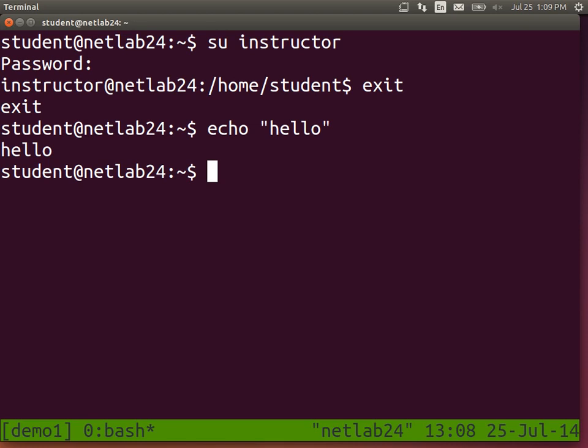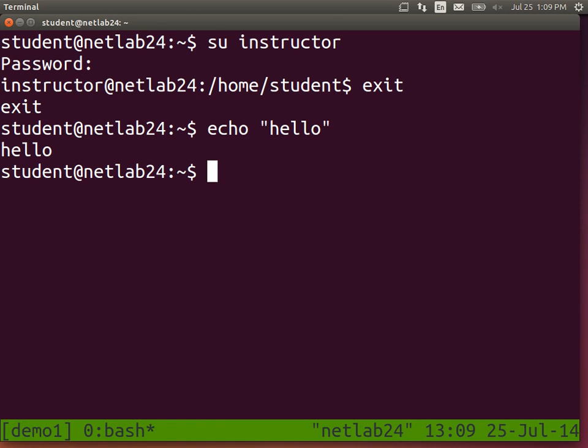Now, the shell is like a language. It's almost like a programming language. We'll see some constructs later, but we can have variables. Think of them as environment variables. In Windows, you may have set the path. The path is an environment variable. We can do the same thing in Linux and other Unix operating systems. So, echo hello